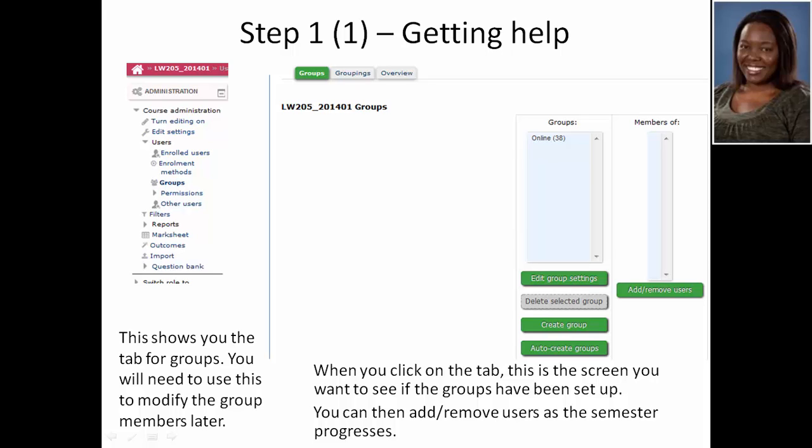So the lesson to be learned from that is it's important to keep an eye on which students are currently enrolled under what type of mode of study so that you can update